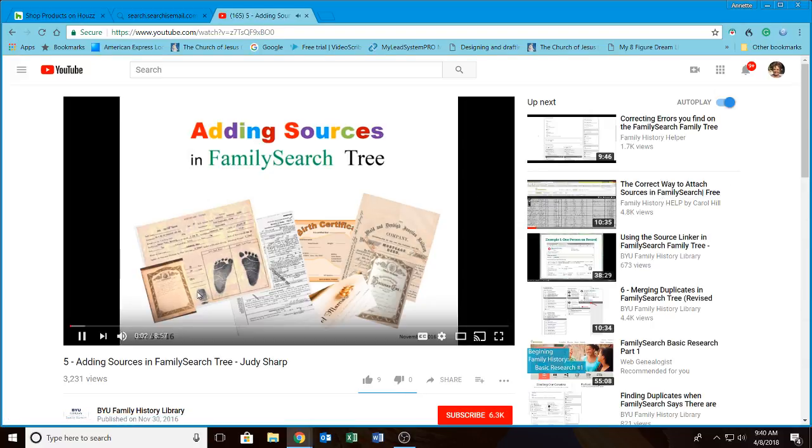Adding sources in FamilySearch Tree. Since anyone can alter information in FamilySearch Tree, it is important that you add